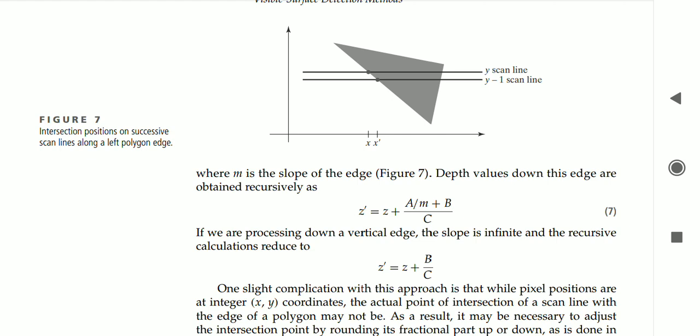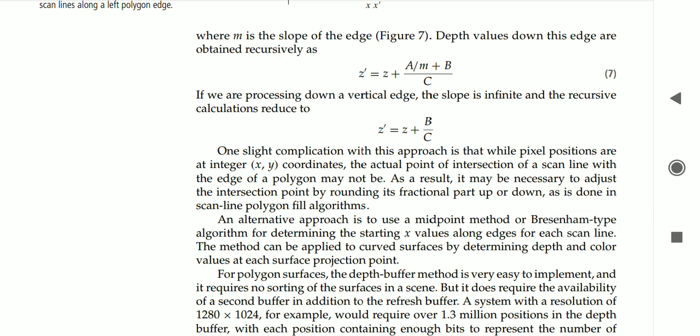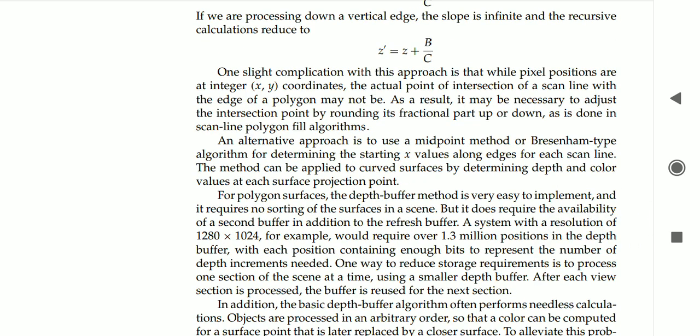Here it is a fixed edge, but to software we cannot tell from where to where it is starting. Here we randomly take 2 points. The 2 points are nothing but a slope. So for an infinity value, that slope is removed. So the final point is written z dash equal to z plus b by c. This is nothing but your previous equation only, like minus a by c, right? This is the final conclusion: whenever you want to measure a depth value for 2 images, which is back and which is front, you can do it by calculating depth value. Now in the same image, these are special cases: which point is front side and which point is back side is calculated based on this above formula.